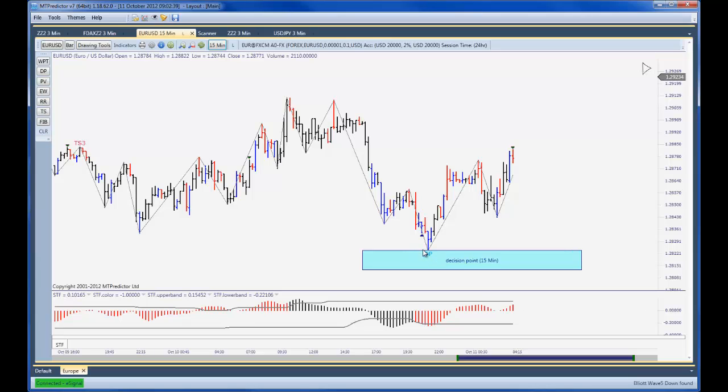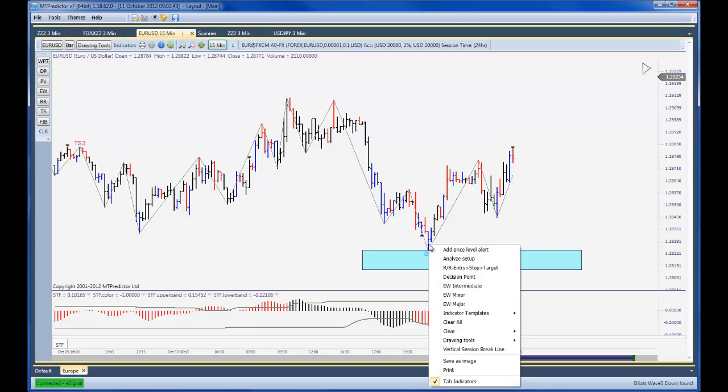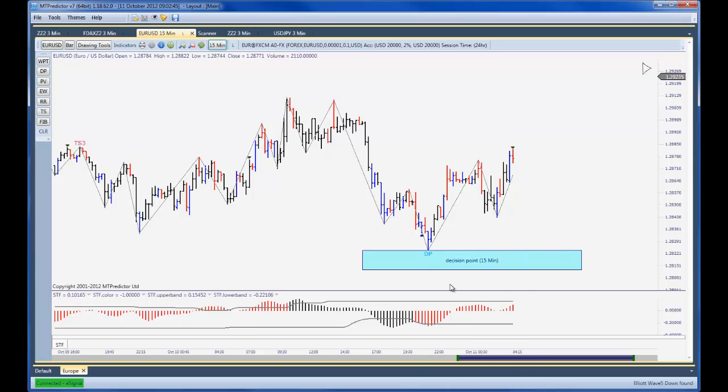It was an important low because it was found on a higher time frame chart. If we actually put the Elliott wave pattern on as well, you can see this was also a 1, 2, 3, 4, 5 with the wave 5 low unfolding right at that decision point support there as well. So what difference does this make for our TS4 buy setup here? Well, the difference it makes is because the euro is now coming off larger degree support,